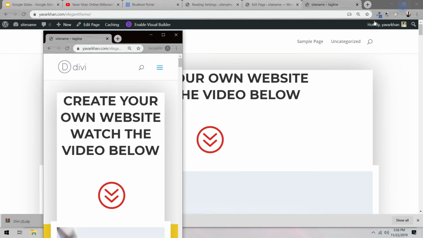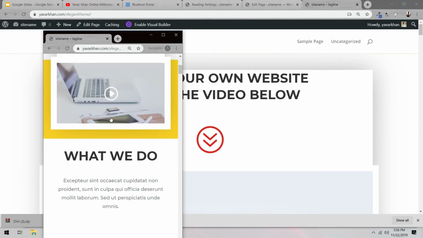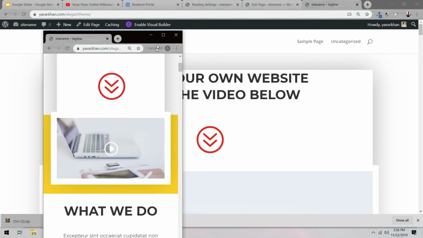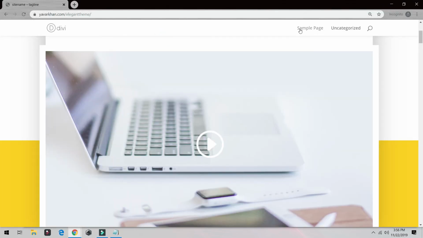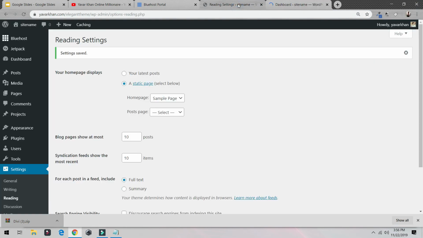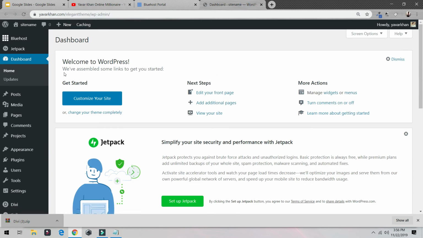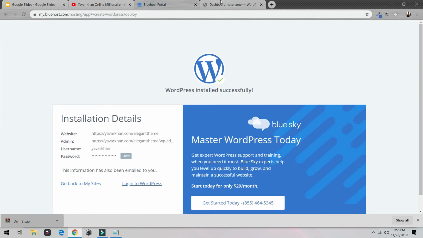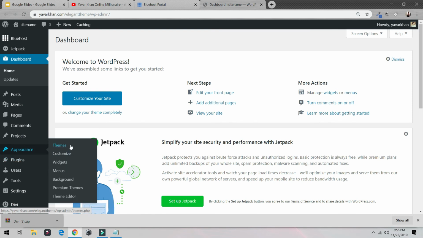If I go to "create your own website," it looks really good. If someone wants to watch a video, I'm going to show you how you could change the menu on the Divi theme. It's really easy. Go back to your dashboard. I'm going to close this. Go back again. Anyways, go back over to your appearance, menus,